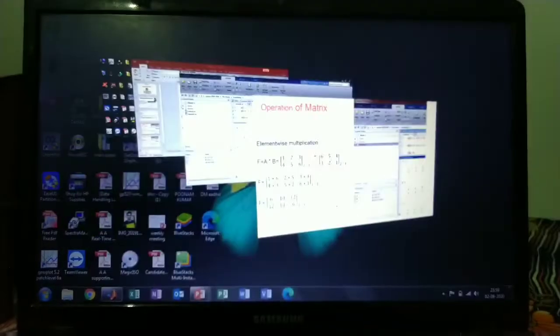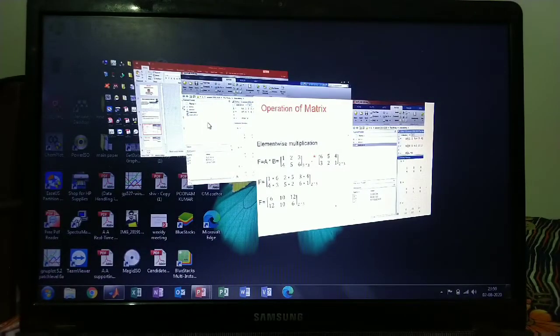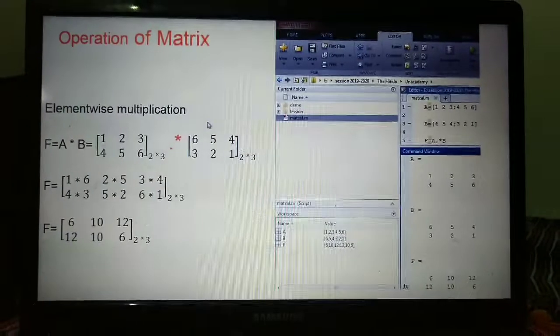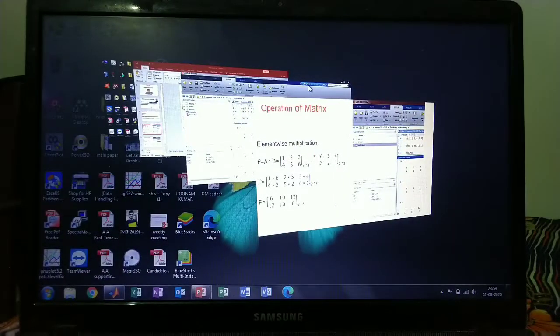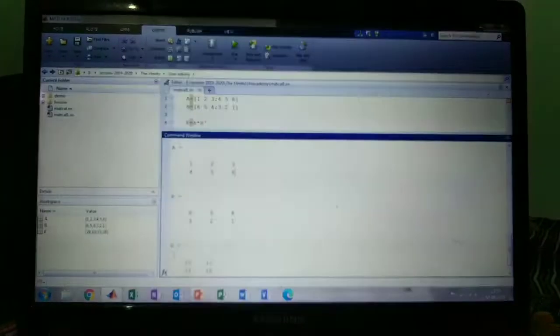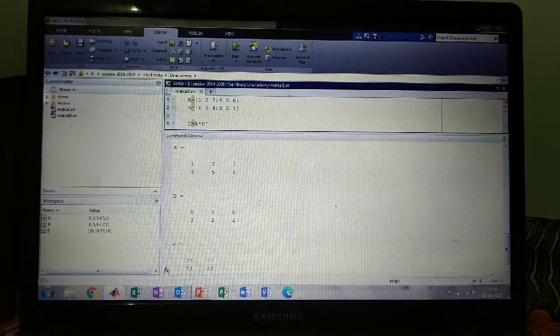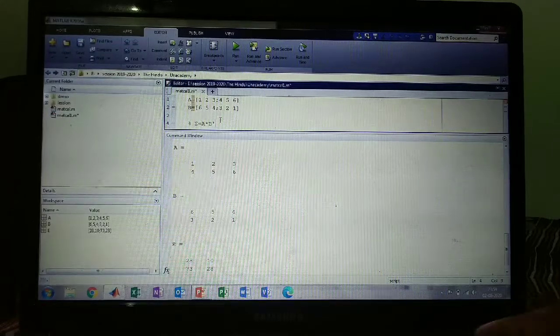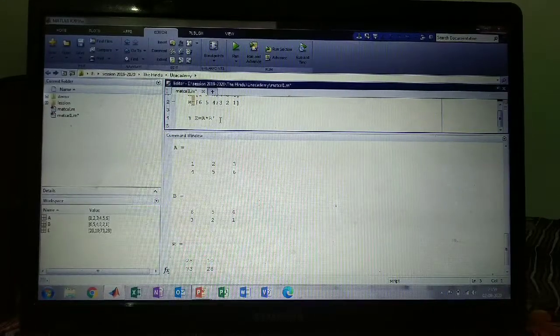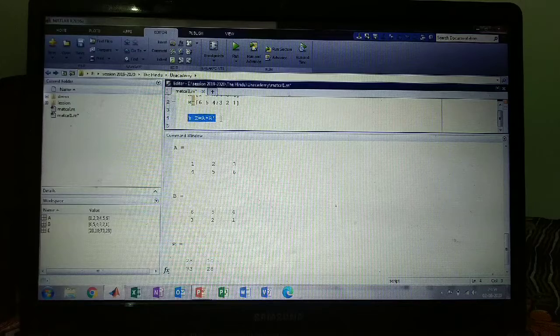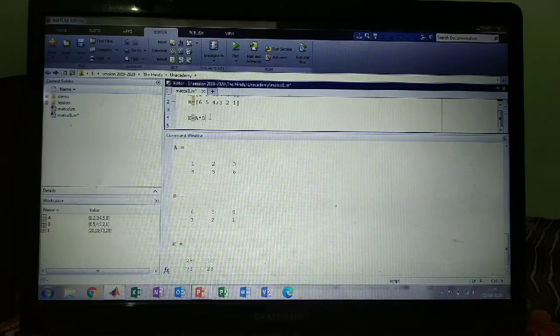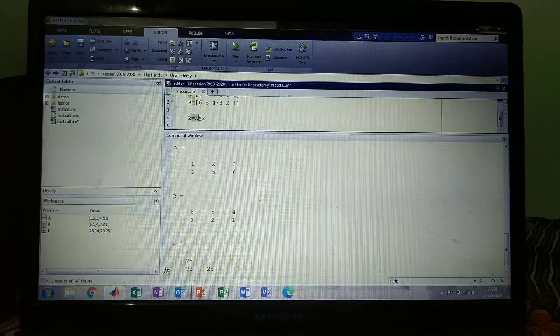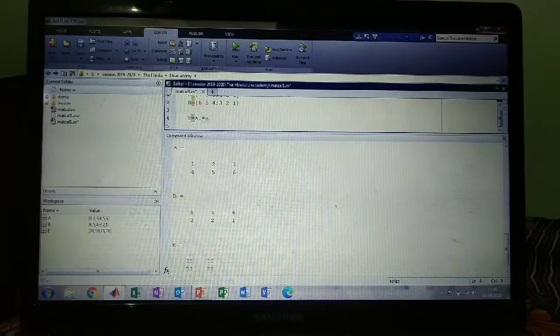In MATLAB we have already defined A and B. We want to multiply element wise. So we have to remove the apostrophe, because that means transpose, and we give one extra thing, a dot.